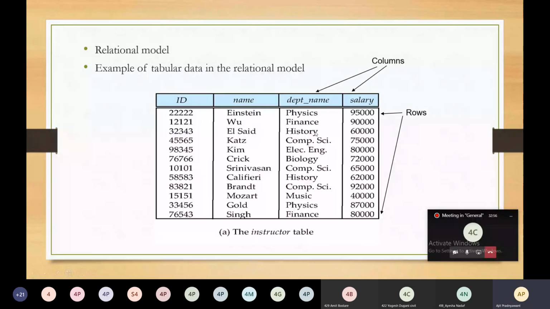So again I am repeating, the relational model is represented with the help of tables. Each table will have unique columns, such as ID. For example, here in the instructor table, ID is a column, name is a column, department name is a column, and salary is a column. And each column will store